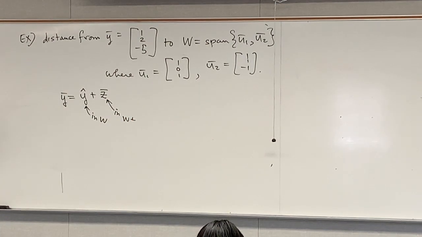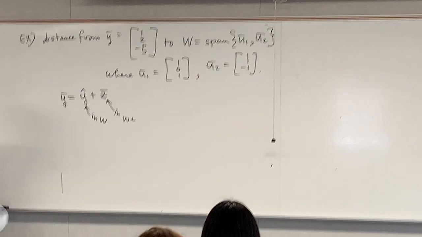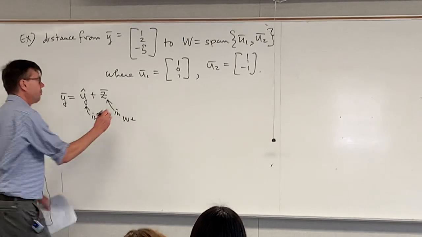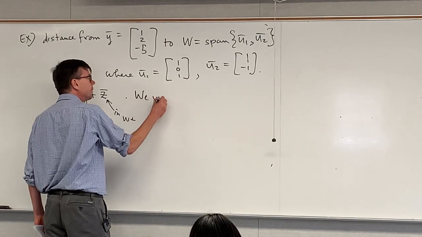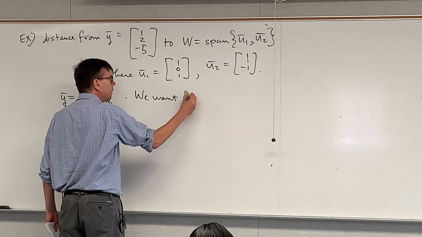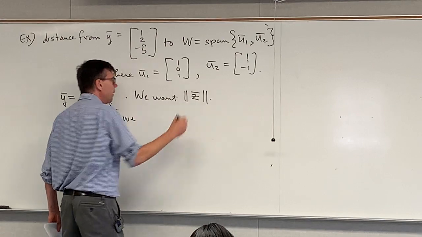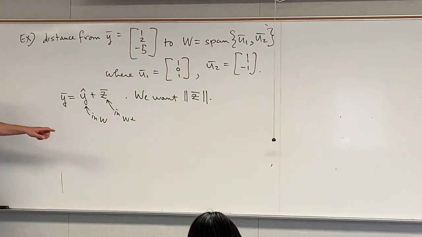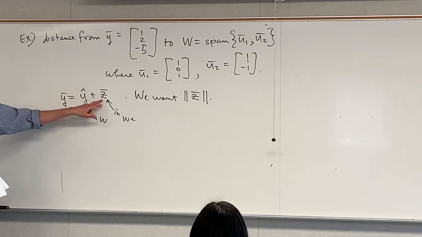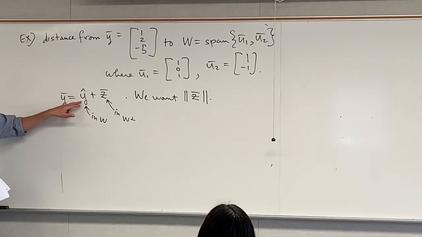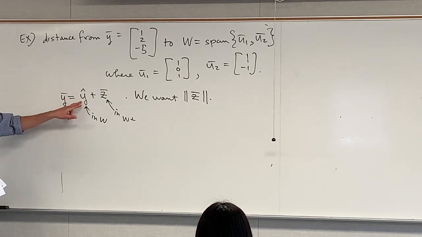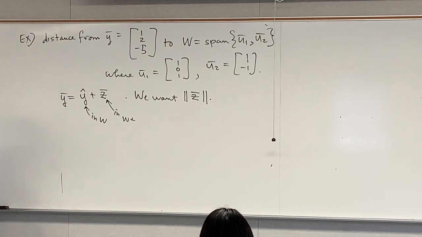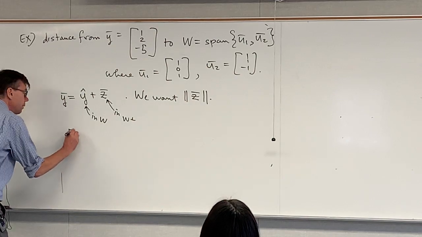But what do we want here to get distance? Yeah, we want the length of z, right? So just realize that. We want the length of the z vector. So how do we get the length of z? We get z. How do we get z? We got to get y hat first. So see the chain of what we need. We can't just jump right to the length of z here. First,